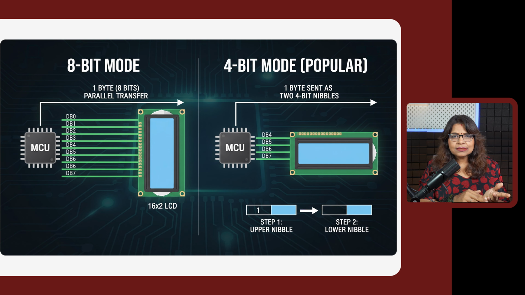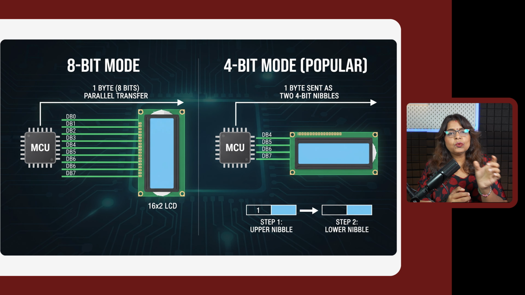The common ways they interface are with either 8-bit signals or 4-bit signals. 8-bit signals means, as the name suggests, the microcontroller can directly drive 8 bits or 1 byte of data onto the LCD. But the currently popular version is 4-bit, where they send the same byte in two parts, the first 4 bits and then the next 4 bits. This is widely used because it uses fewer processor pins.